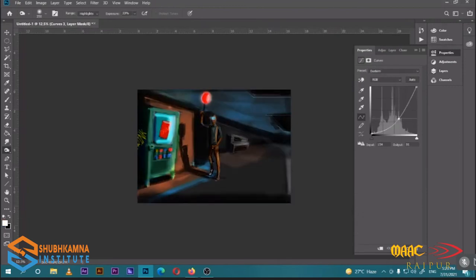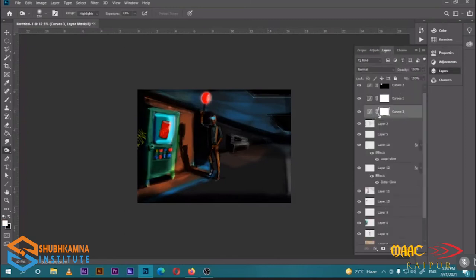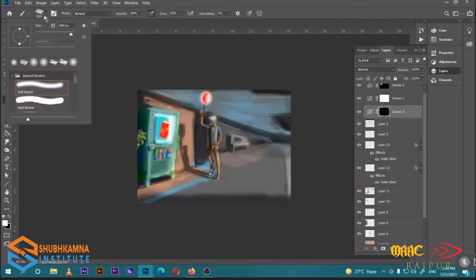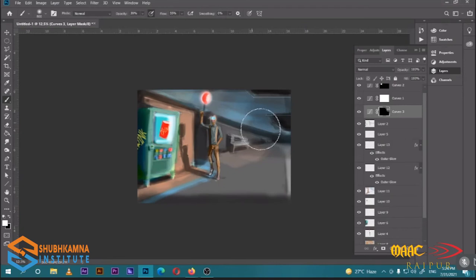I'm gonna put it somewhat like this much, and then I'm gonna give it a mask so that I could show only that area which I wanted to be darkened. And its shadow needs to be a little bit darker.